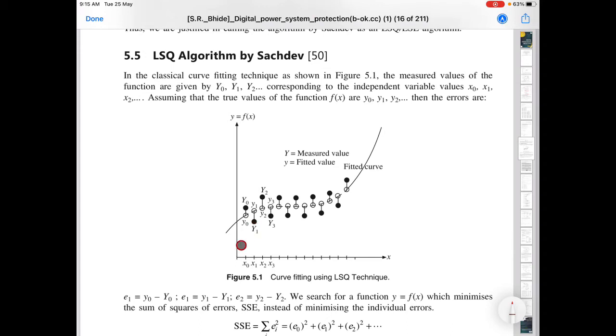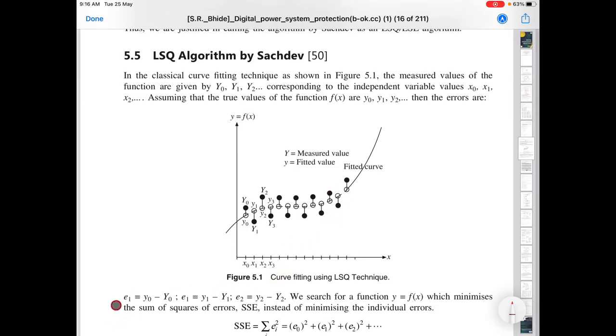So at different values of x, it might be time, x might be time or something else, generally time most of the time. Whenever you measure at that time, you should have got capital Y naught, but you have got small y naught, so there is an error. Similarly, the dark spot is the measured value, and these are the actual or true values. So dark is the measured one.